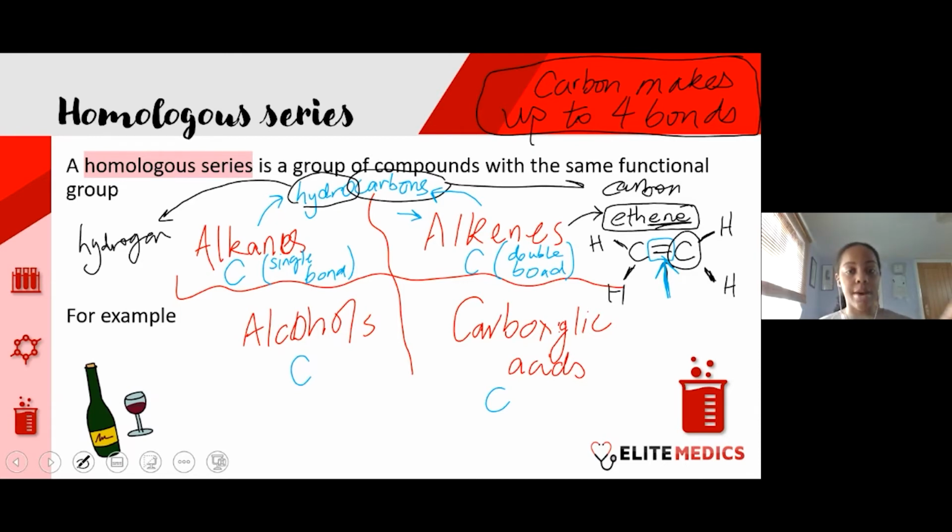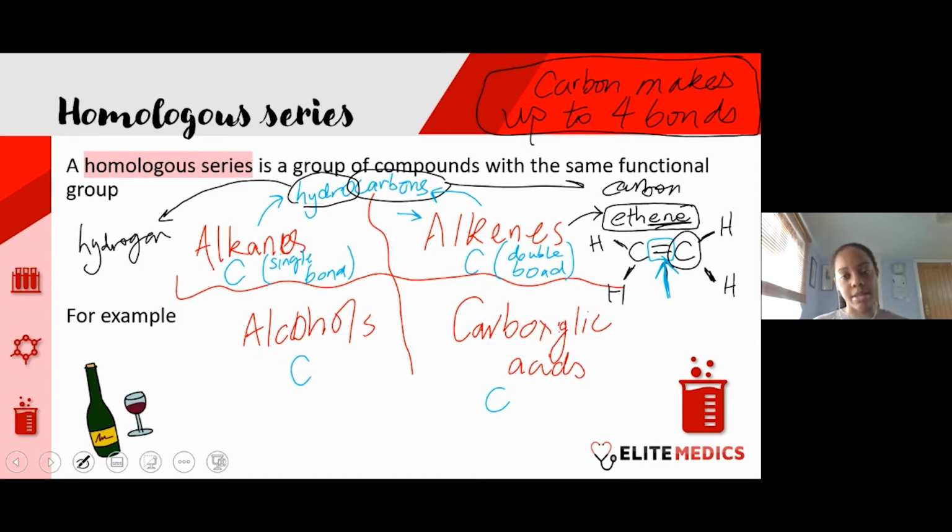Okay, now with alcohols and carboxylic acids, which is what we're going to be going through today, these are much easier to identify, in my opinion, because even though organic chemistry is literally a whole load of carbon with a whole load of hydrogen, our alcohols and carboxylic acids have a special group of atoms attached to the end of it to let us know that it is an alcohol